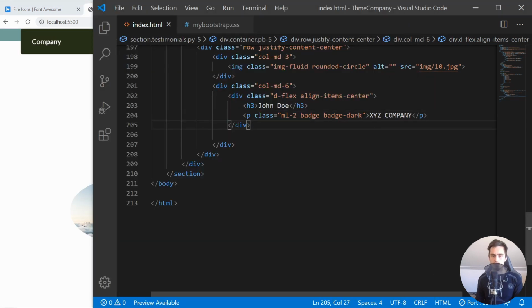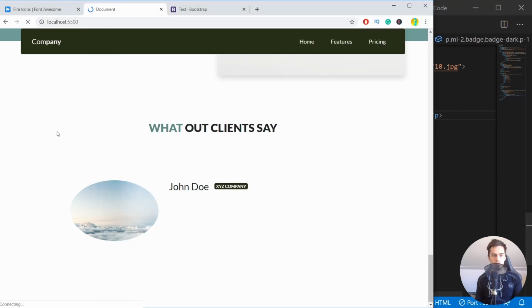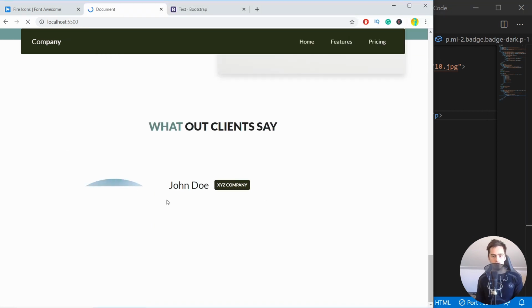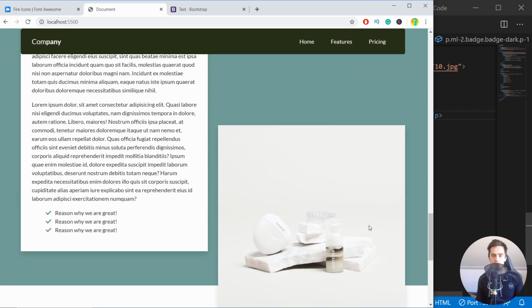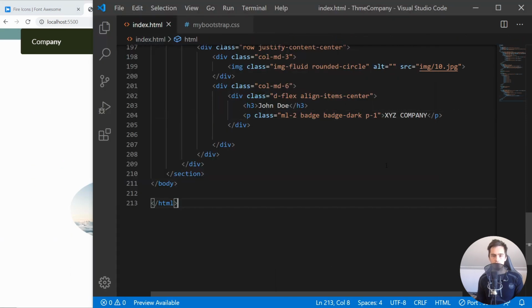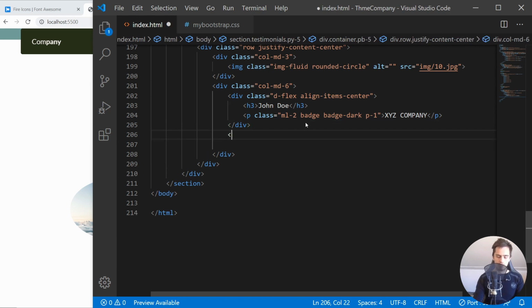And let's just add a little bit of padding to this whole thing. So let's use padding of 1. I think padding of 1 might look good. Yeah, I think that this looks actually pretty nice, so let's go with that. You may want to try a padding of 2 or whatever, but I will just leave it this way. Good. So underneath we will create